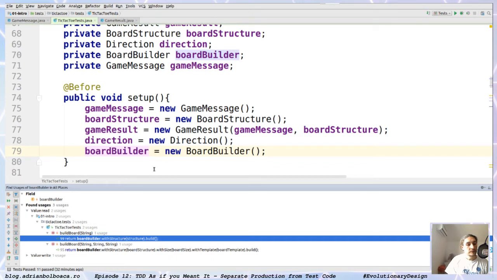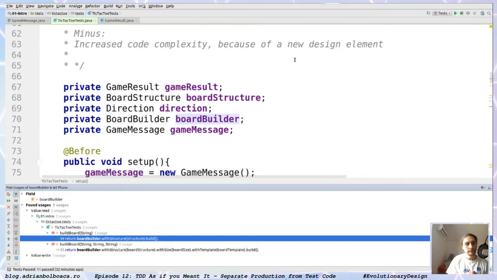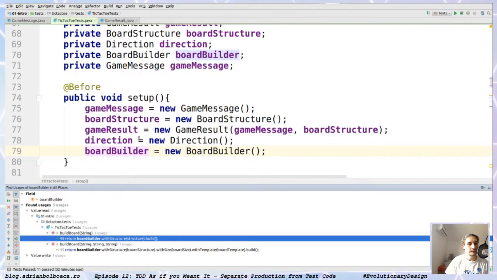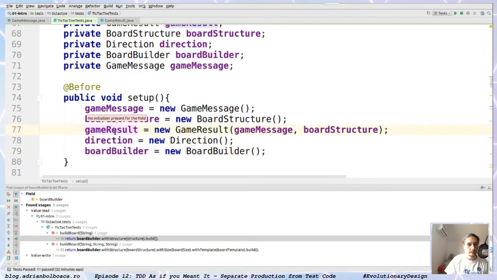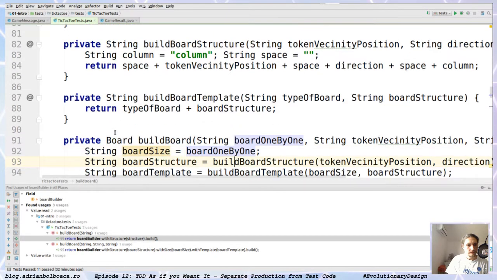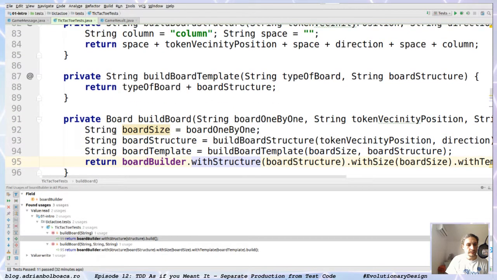You can see it is used only in these 2 board builder methods. So I needed it at one moment, but now I understood that I don't really need it. So what I could do is inline everything, and in this way I will be able to push it